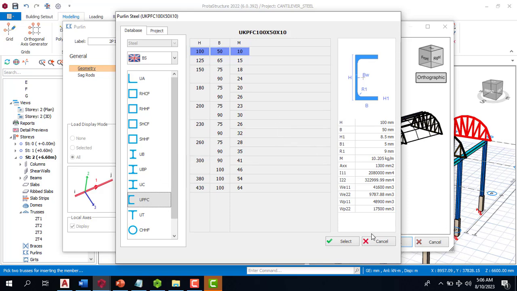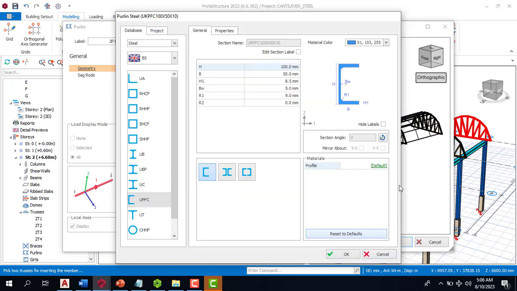By the time I analyze and design this building, these structural members entirely, I will be able to know if the cross section is economical enough, or is actually too high. So in that case, I will be able to reduce or increase. Okay, so if I click on OK,